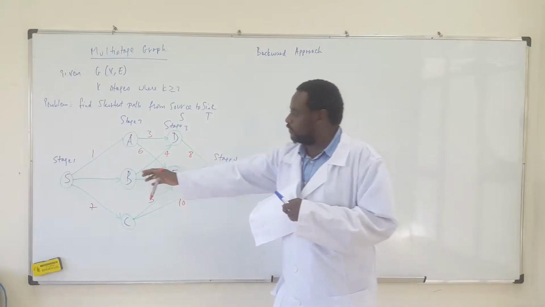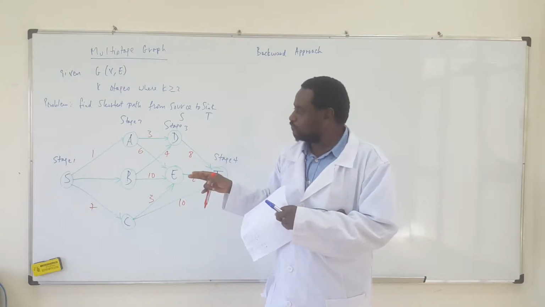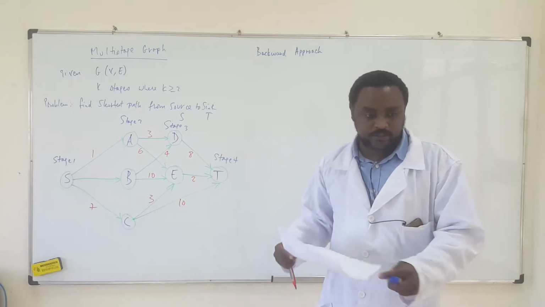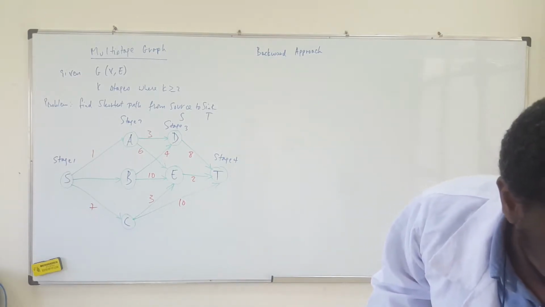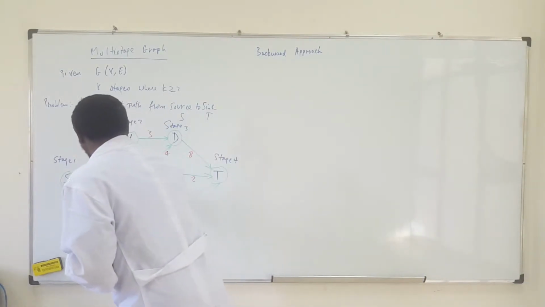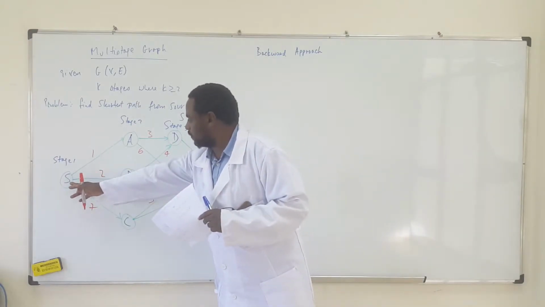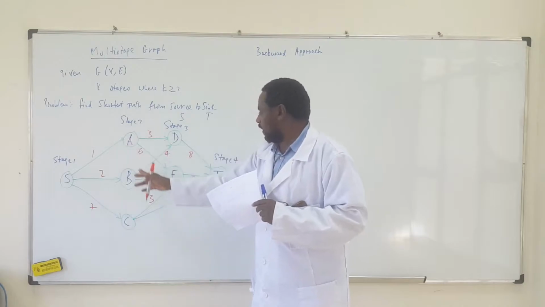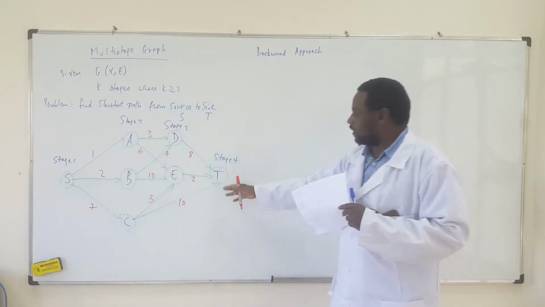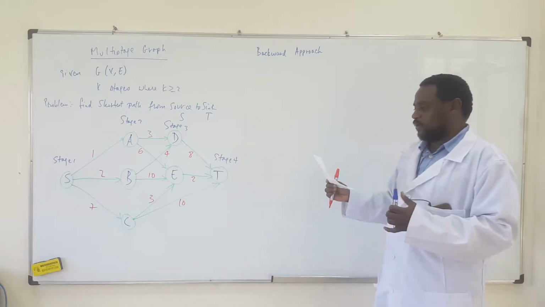So there are a lot of paths to reach from S source to sink. So this is 2. So which one is the shortest path, if we go through the house? For example you can go from S through A through E and through T. Also you can go from S to C and to T. So when these are summed, to know which one is the shortest